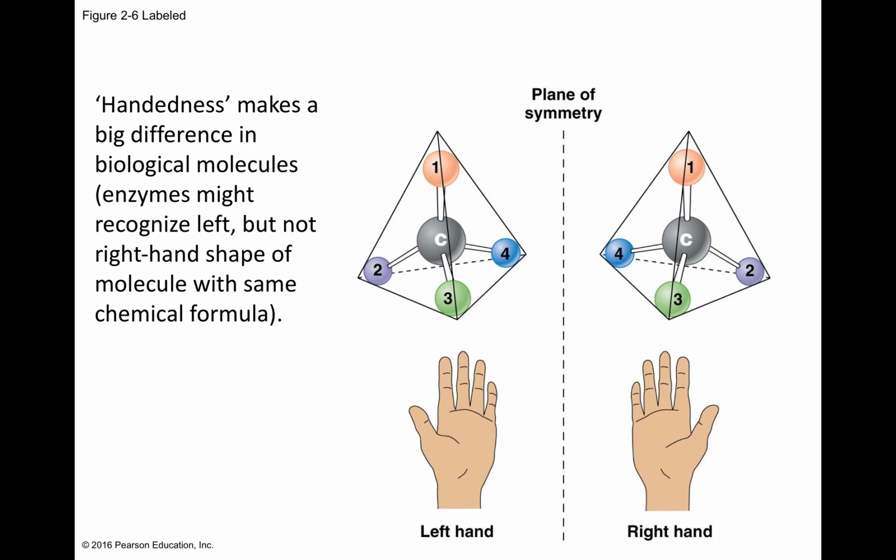For the systems that make cells work and put cells together, shape is paramount in that things bond to each other and things react with each other based on shape. And even two molecules with exactly the same formula can have different shape. So if you notice this molecule 4 is coming out to your right, and then this molecule 4 is coming out to your left, these have a different shape, just like your right hand and left hand have different shapes inside the body. And there are biochemical systems that may recognize this shape and not recognize this shape, even though the two molecules have the same formula.